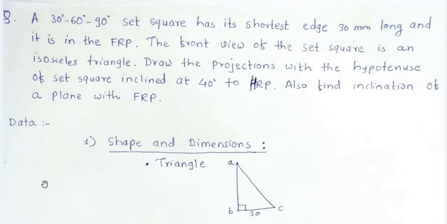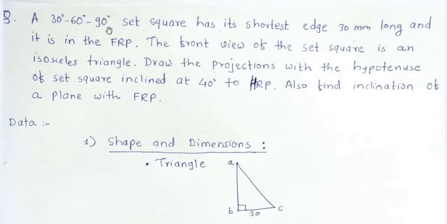So in that case, we have to find angle beta if that property is with respect to FRP, or angle alpha if that property is with respect to HRP. So this chapter involves these three complications, and this typical problem involves a combination of all these complications. So this single problem summarizes this entire chapter. Okay, so let us see the problem.